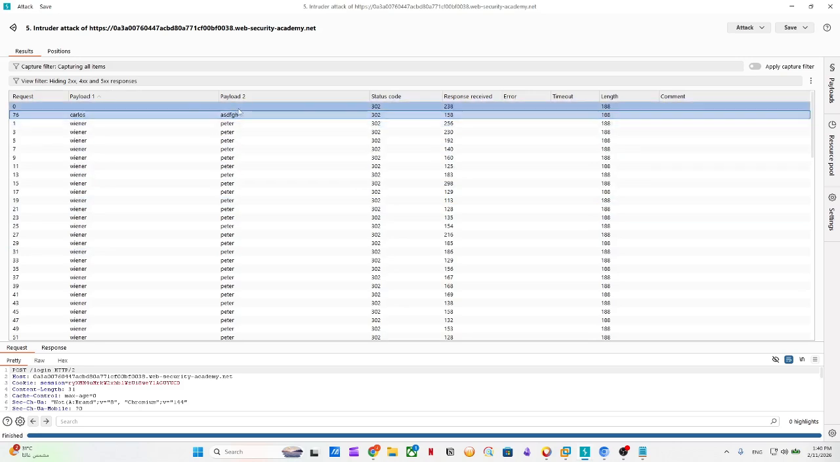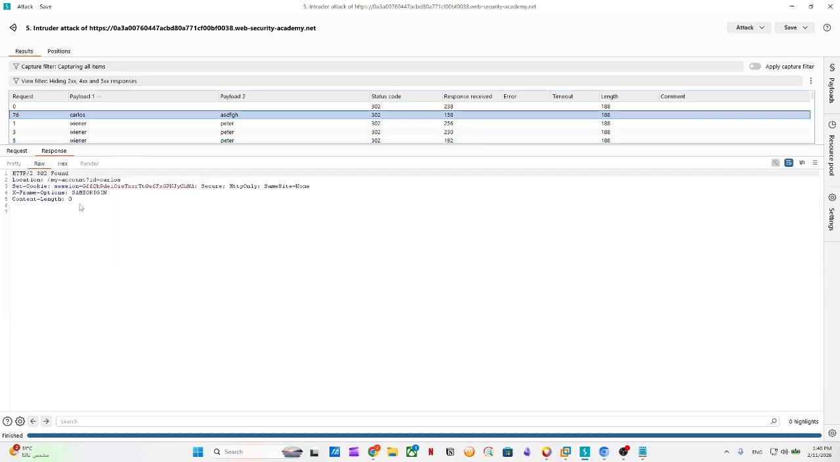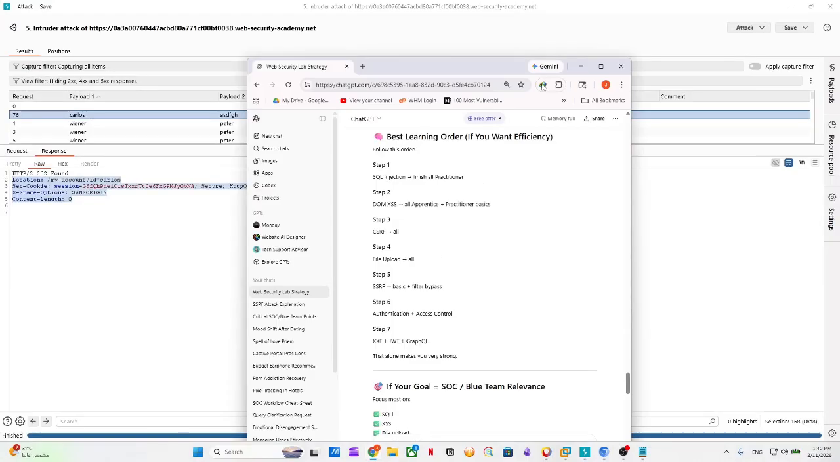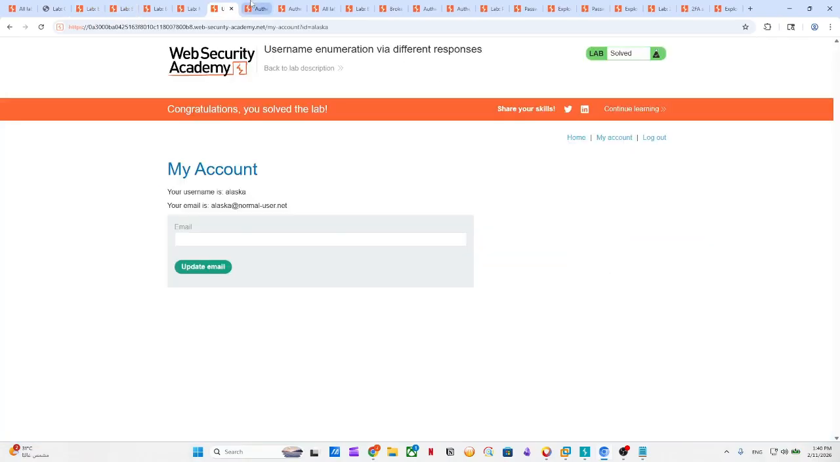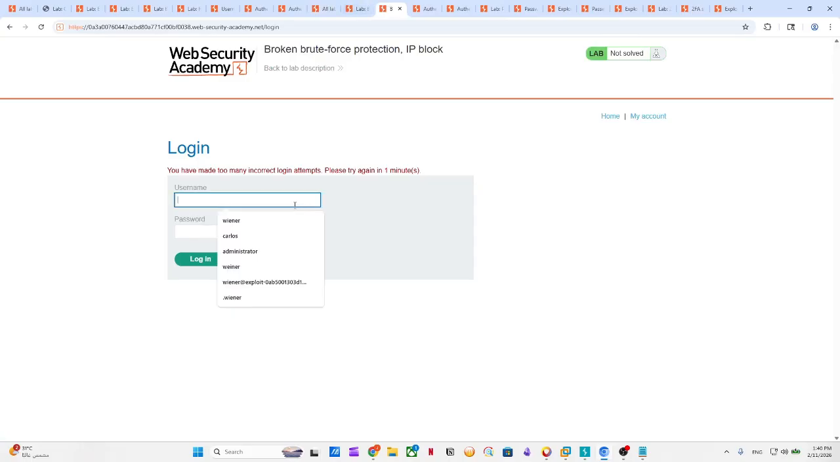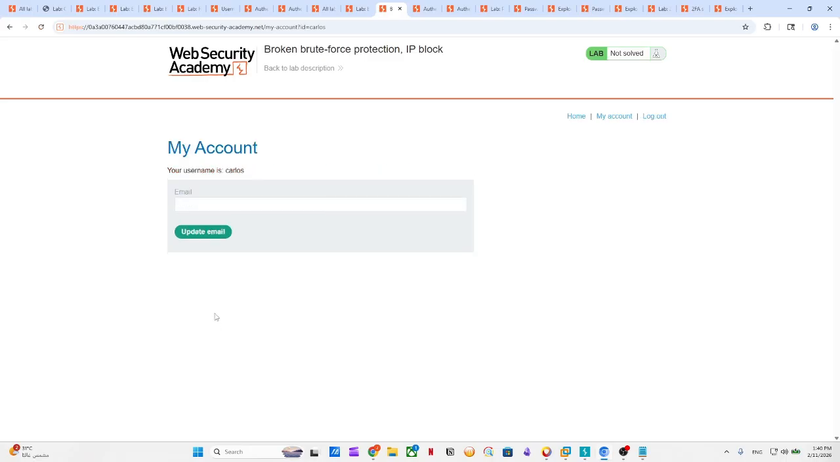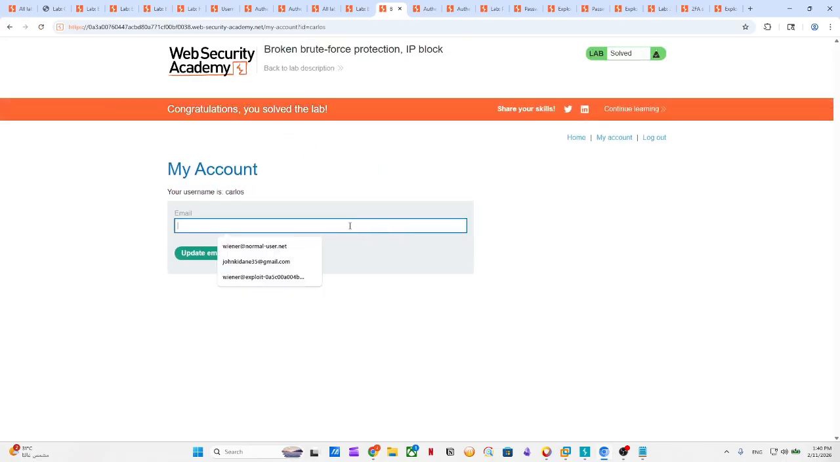I got here Carlos with ASDFGH, so this must be a successful login. Let's check it here. Successful. So ASDFGH, let's try it out. Assuming it is inside here. So Carlos, ASDFGH, login, and we have solved the lab. Yes, we've solved the lab, so we were able to prove